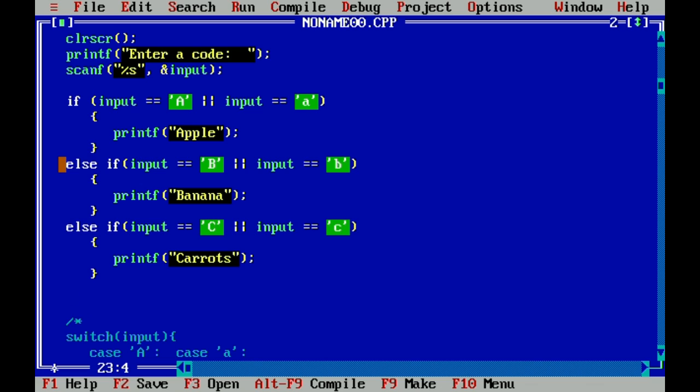Now for your default, in an if-else statement, the default is similar to your else statement. So in this case, our else statement would be to print the message invalid input.